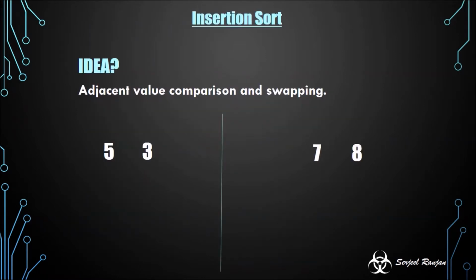So insertion sort. The idea behind insertion sort is similar to bubble sort. If you are familiar with bubble sort, here also if we have to sort just two numbers, we just need to swap these two numbers. As in the case 5 is greater than 3, so I will swap these two numbers. So 3 and 5 are in ascending order now, and as 7 and 8 are already in ascending order, I don't need to do anything. However, the way we traverse the given array is very much different from bubble sort. So we will see how we traverse the array for insertion sort.